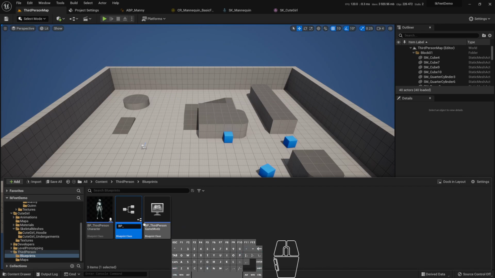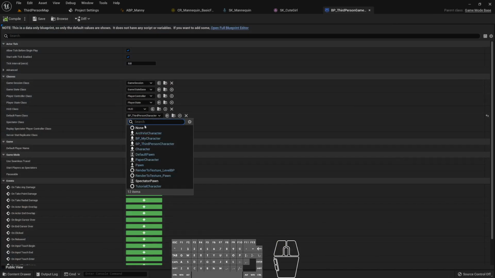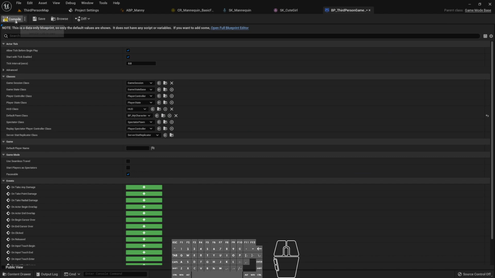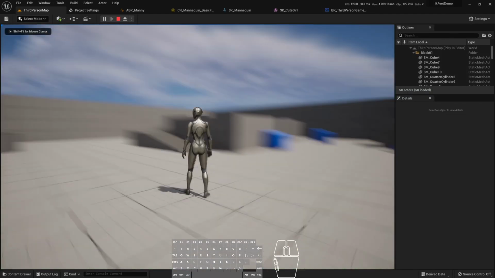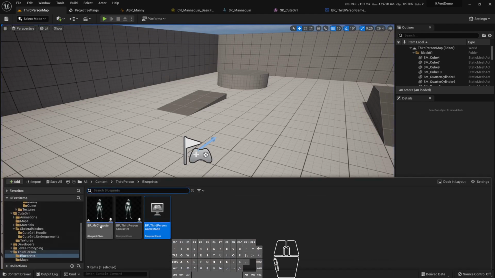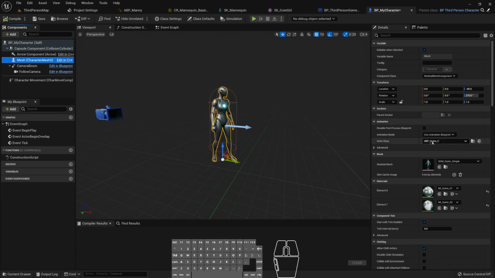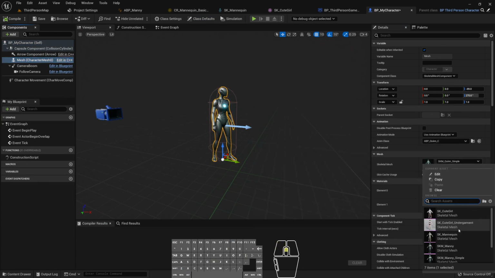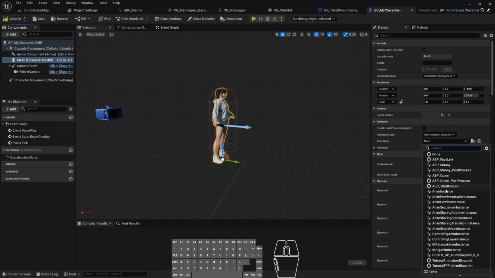gonna call it my character, and set it up in this game mode, my character. Right now it should be exactly the same, but if in my character I change the skeletal mesh to that cute girl and also change the animation blueprint that should come with the cute girl, face link, this